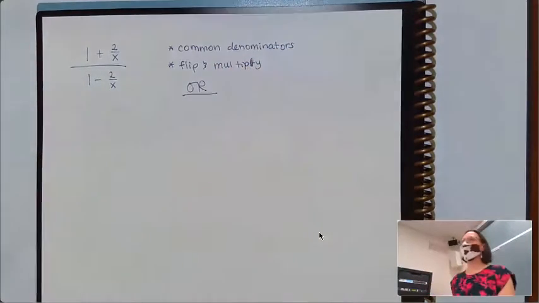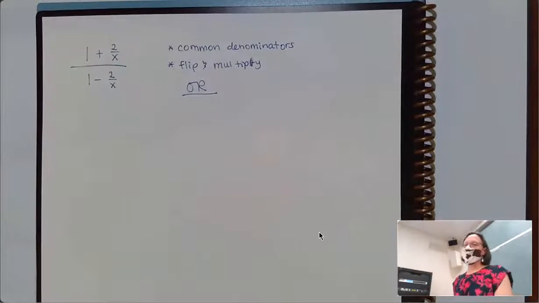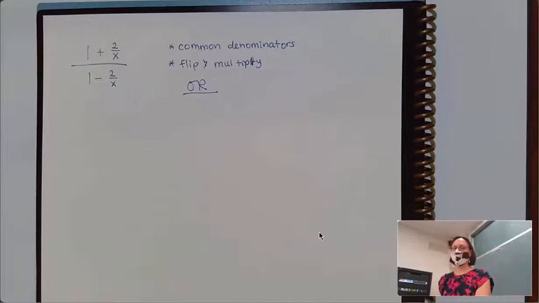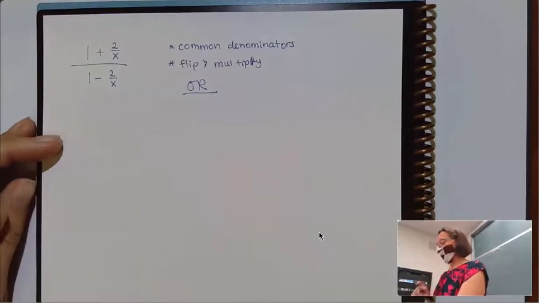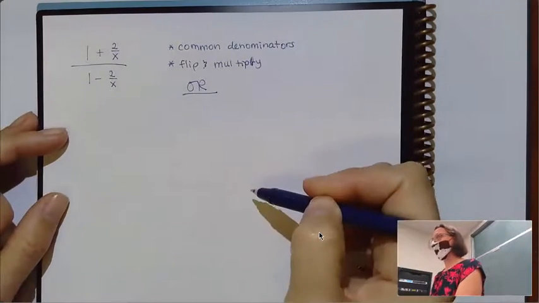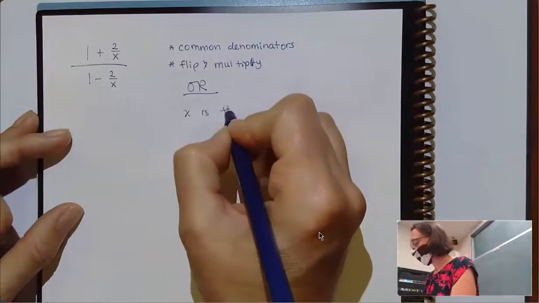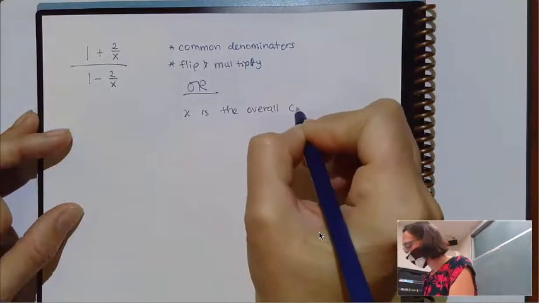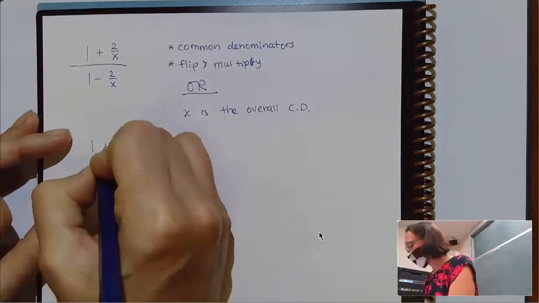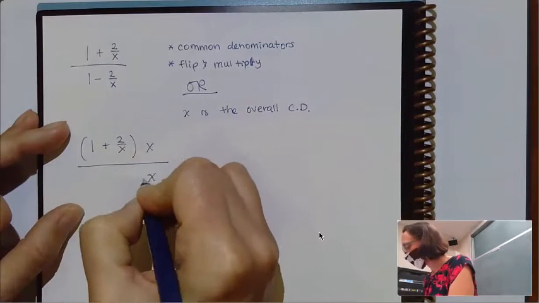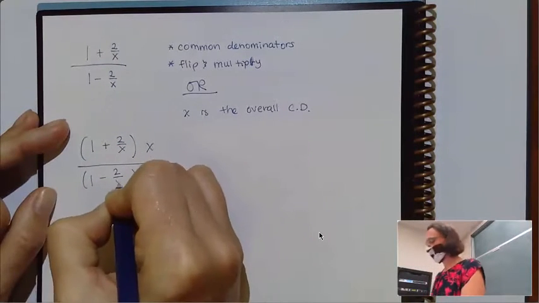Or we can look for the overall common denominator in the whole thing and multiply the top and the bottom by that. And I don't have a ton of time, so I'm going with this second option, but it's totally fine to do this. If I look overall at the problem, x is the common denominator. So if I take the entire top and multiply by x, and I take the entire bottom and multiply by x,